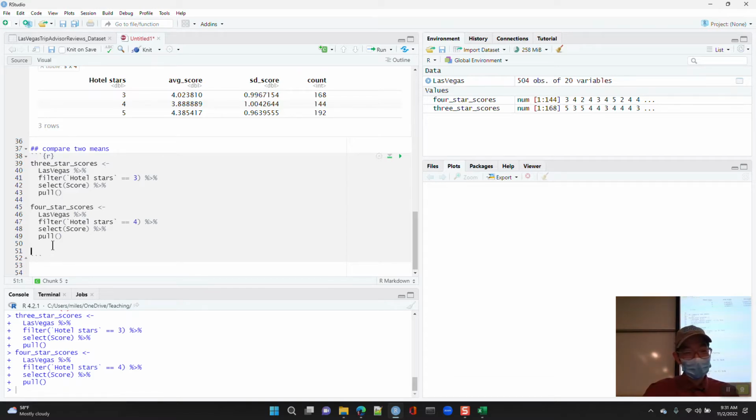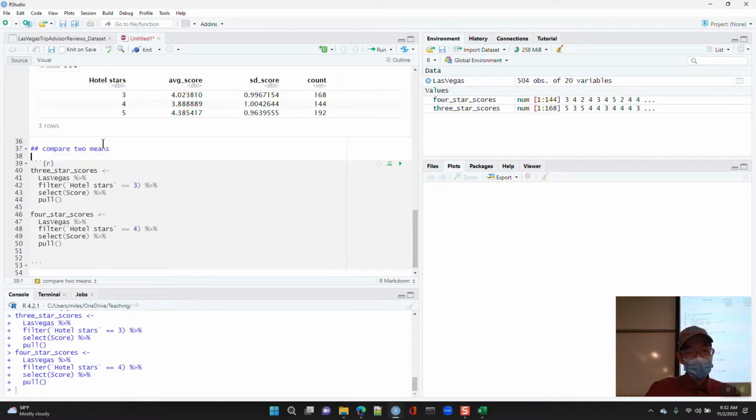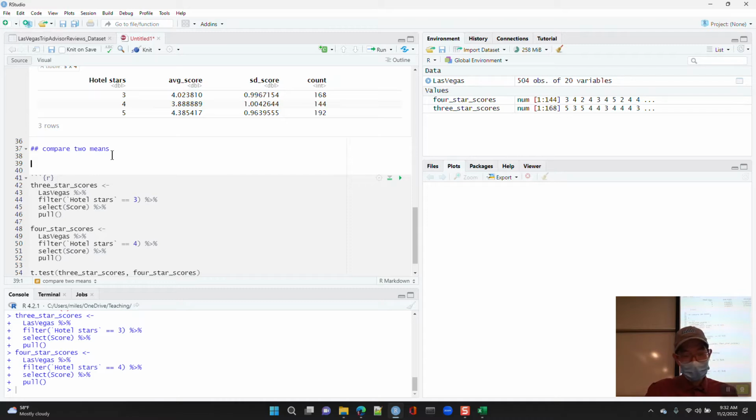To compare two means, I can do t.test 3-star scores versus 4-star scores. Okay, so maybe I'll write some commentary. The average score for a 3-star hotel is 4.0238,